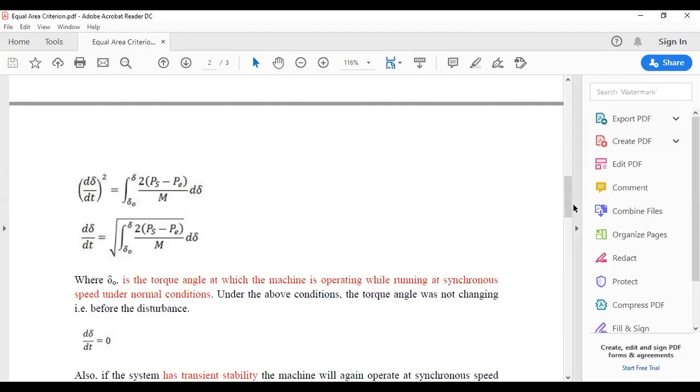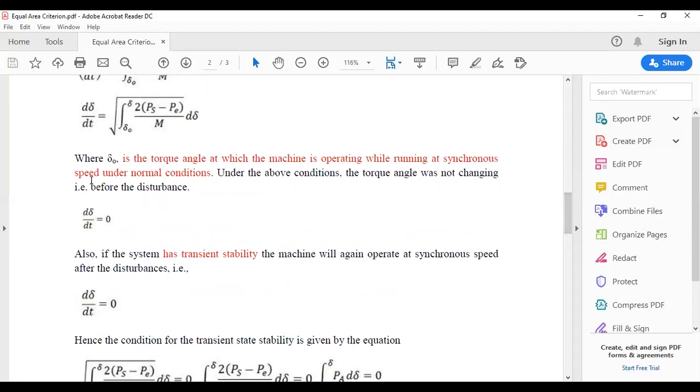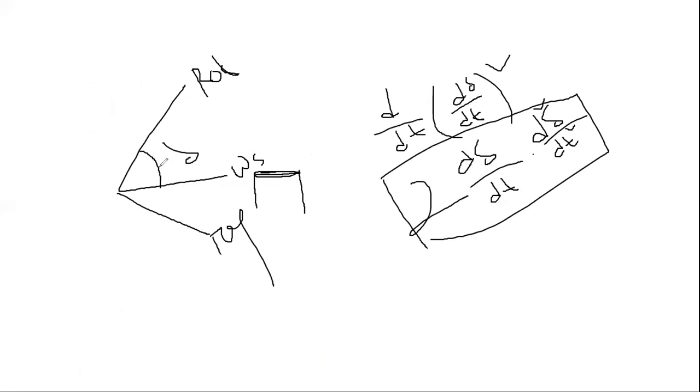Okay, now next, where delta 0 is the torque angle at which the machine is operating while running at synchronous speed, that means at the normal condition. That's why I told you the initial operating angle is the delta where the machine runs at synchronous speed. Okay, there is no disturbance, and no disturbance means before disturbance d delta/dt is 0. See, if there is no disturbance, this angle will be fixed, because the rotor speed is not changing. That's why this angle is fixed. If this angle is fixed, what will be the derivative of the angle with respect